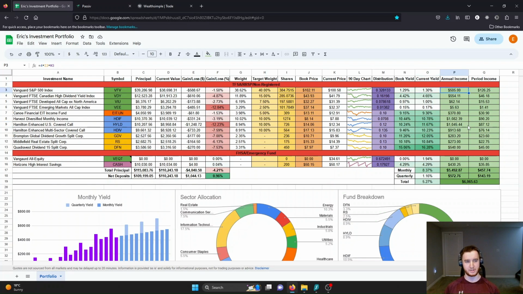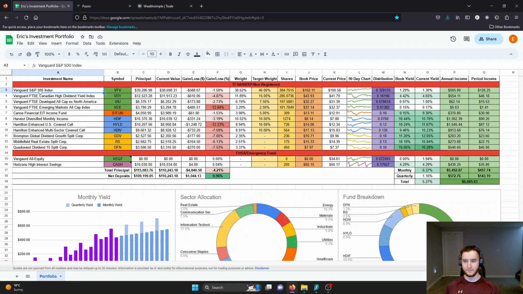The next two columns are just the income on an annual basis and the periodic basis. So for quarterly distributions, that's going to be 4 times a year, and for monthly, that's going to be 12 times a year. So the period income, that's just the income given on the period in which the fund gives out its distributions. So for VFV, that's going to be quarterly, and then for VDY, that's going to be monthly. All right, so let's go into the